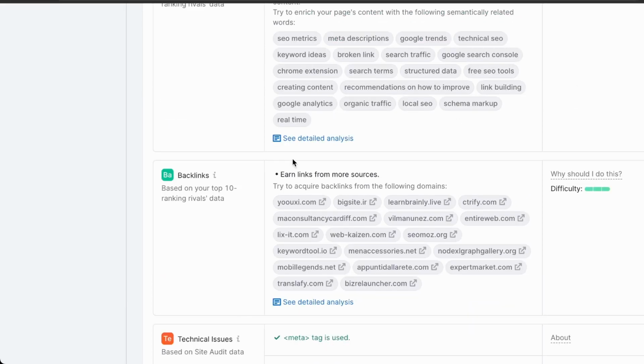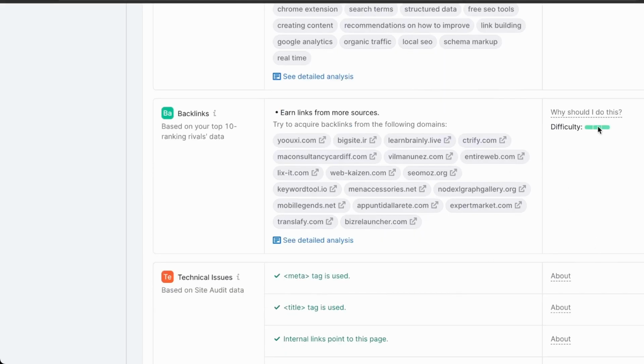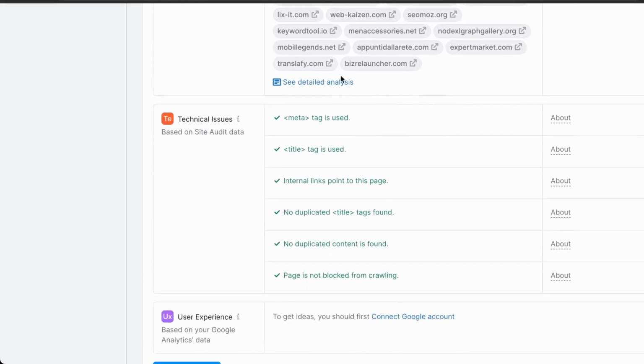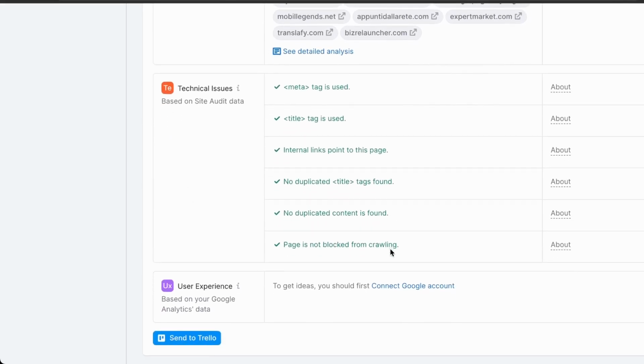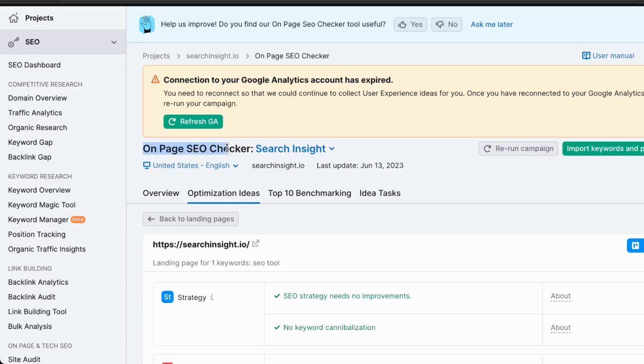This will dramatically boost your SEO rankings if you can get a backlink from larger authority websites. So these are the ones they would recommend. Again, the difficulty score with this would be high because these aren't your properties, so you would have to convince the owners of these properties to link to your website, through guest posts or providing something of value to them in order for them to want to link back to your website. So again, these as well is just your technical issues. And then to get feedback on your user experience, they just recommend you connect to Google. Okay, so that's how you would utilize the on-page SEO